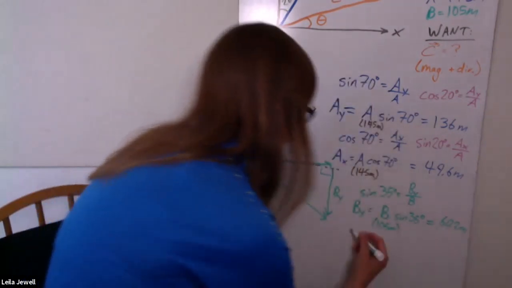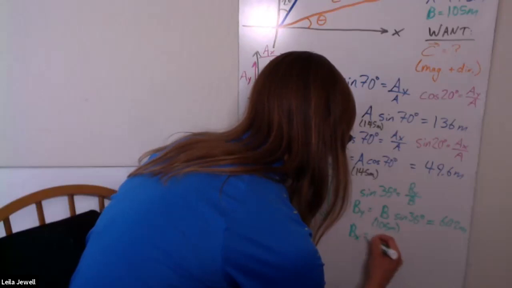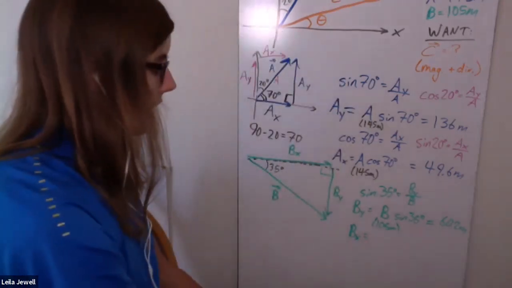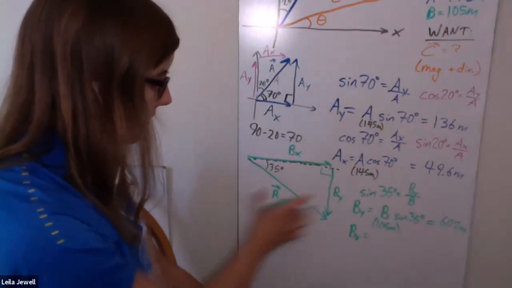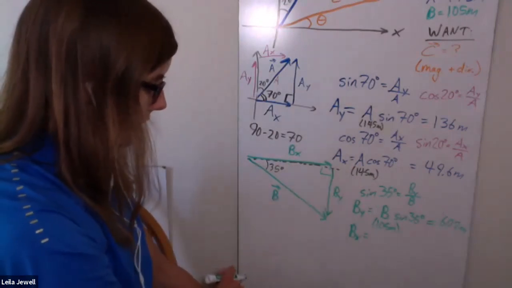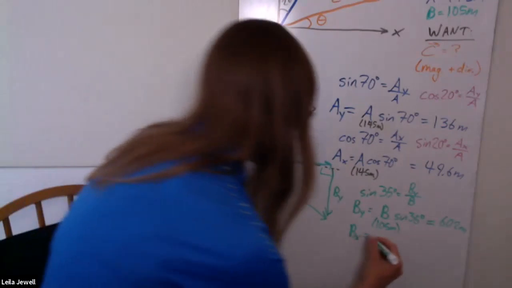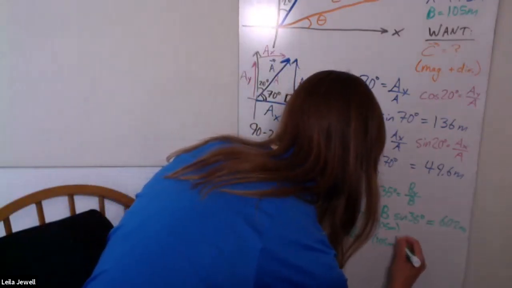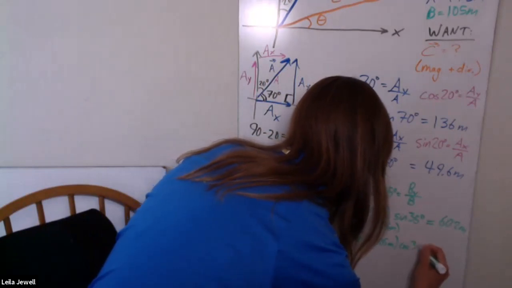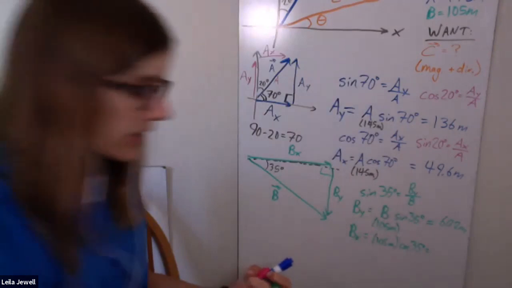All right, b sub x will follow the same procedure. It's going to just come from a cosine, just as a sub x did. So it can come from b times cosine of that angle. 105 meters times cosine of 35 degrees. So if you calculate that out, you should get 86.0